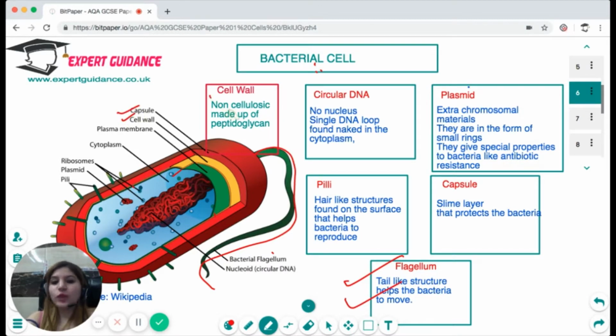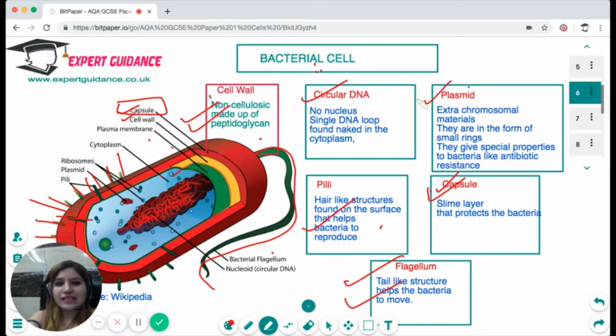But the cell wall is not made up of cellulose. You have to remember here, it is made up of peptidoglycan. Then outside the cell wall, you see a slimy layer, which is a capsule, and this capsule protects the bacteria. And you also see some hair-like structures outside this cell wall. These appendages help the bacteria to reproduce. Okay. Then, since it has no nucleus, the DNA is circular and it is found naked in the cytoplasm,